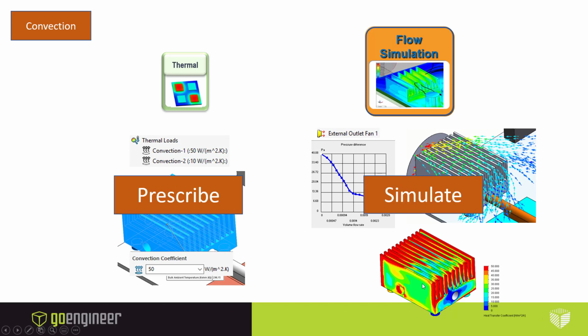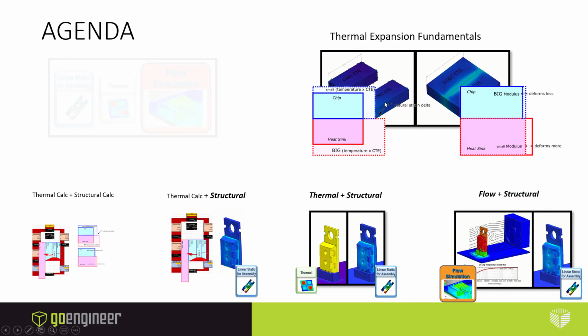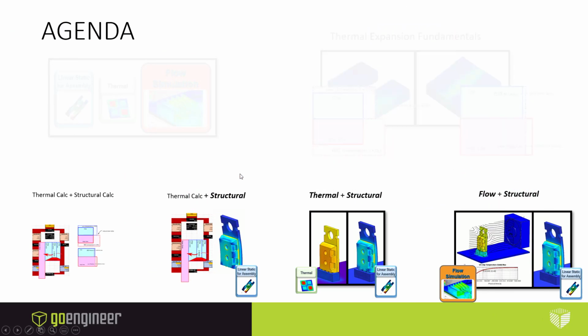You can see here that the convection coefficient isn't exactly 50. It's actually a variable. It's higher than 50 in some regions and lower than 50 in others. This will be one of the key differences that we're going to point out again and again throughout this webinar. Now, with some of those fundamentals out of the way, we'll go ahead and get into our actual content